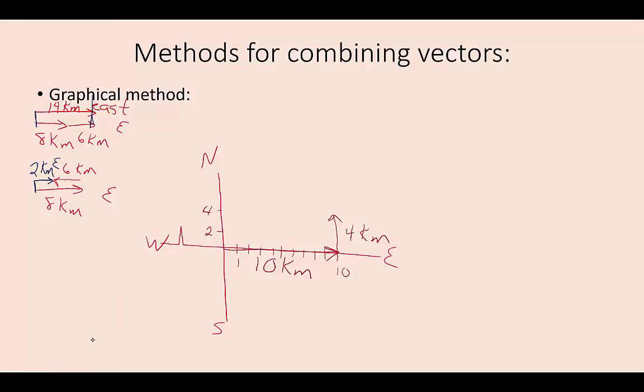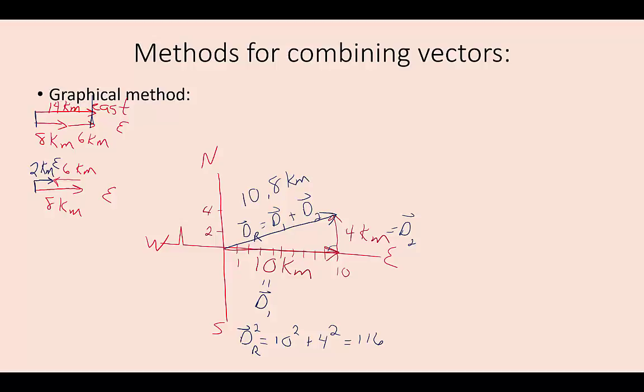So our displacement is simply from our 0 point up to our ending point, and we can call this the resultant displacement, and it is the first vector plus the second vector, where this one would be d1 and this one would be d2. And of course, this resultant vector, because it is creating a right triangle, could easily be solved for with the Pythagorean theorem. So 10 squared plus 4 squared is equal to d squared. So 10 squared is 100, 4 squared is 16, 116 is d squared, and from there we can find out the resultant of the object to be 10.8